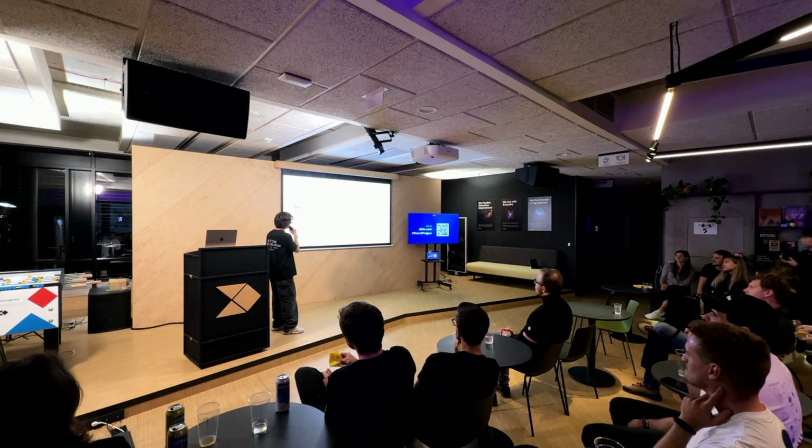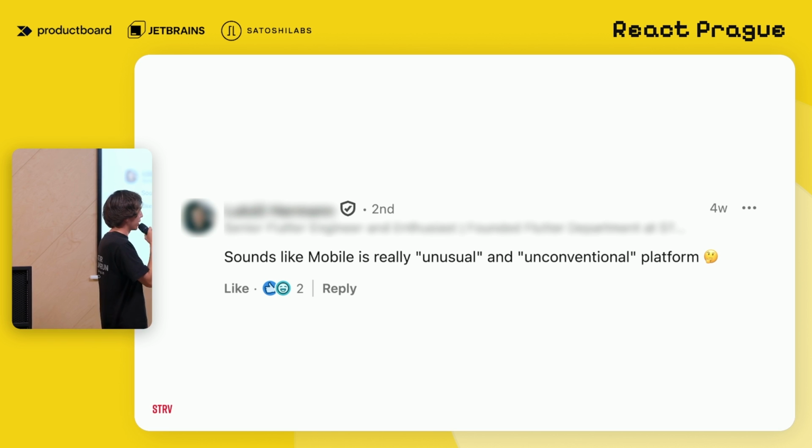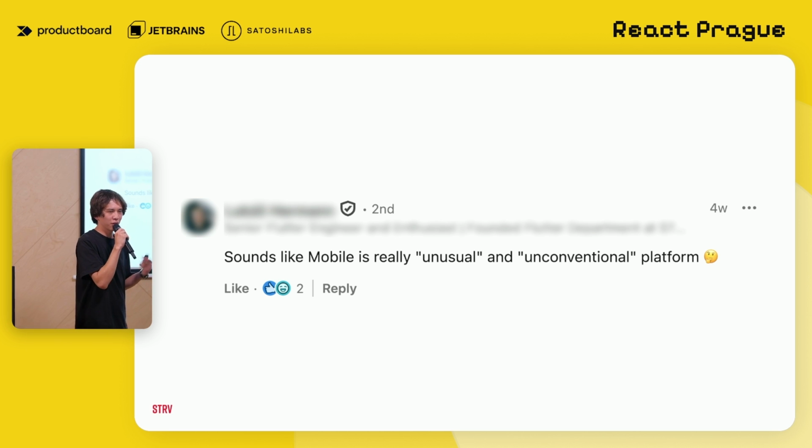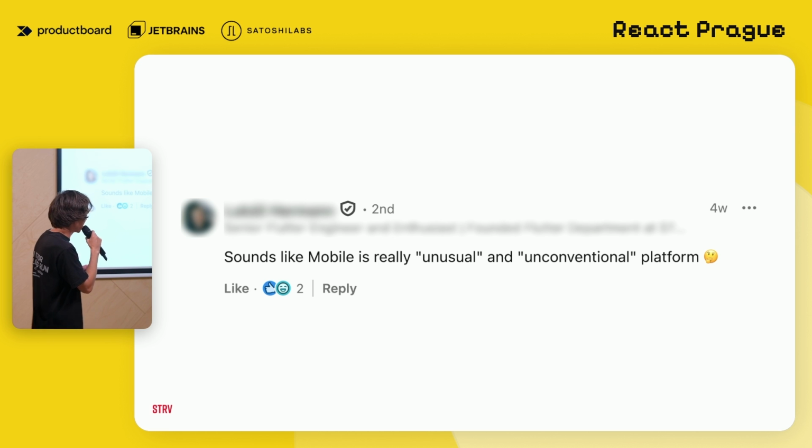Actually, when I posted on LinkedIn that I will have a talk here, and mentioned that I will talk about unusual platforms, including mobile, I got this comment. I'm not sure if you can all see it, but the guy is sarcastically saying that mobile is not that unusual these days.